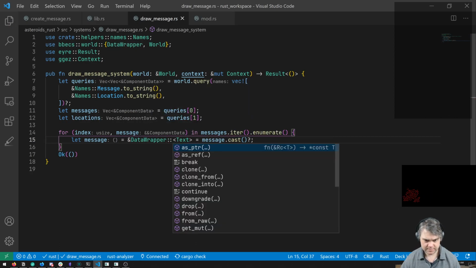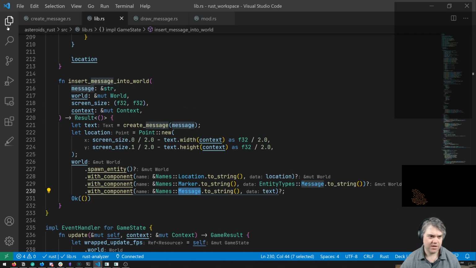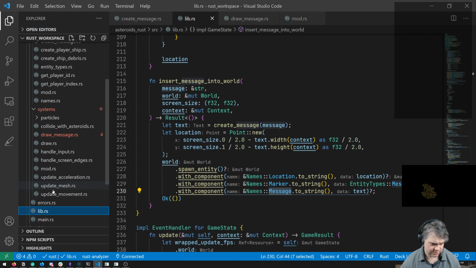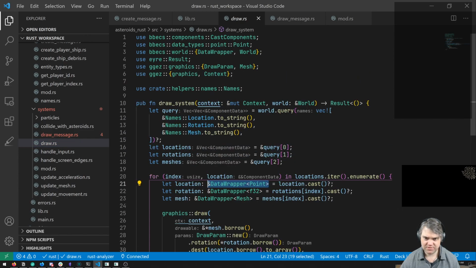That? No, that seems very wrong. Hold on. What am I doing with the other ones of these? How about draw? Okay, so we're getting here. Yeah, it's exactly like this. Okay, so I need the components cast components.